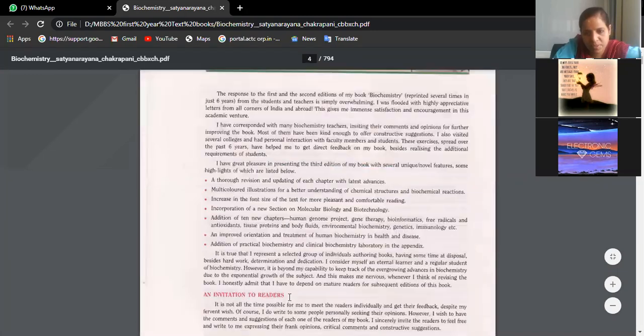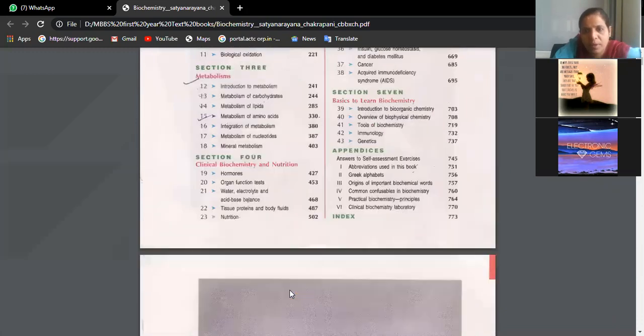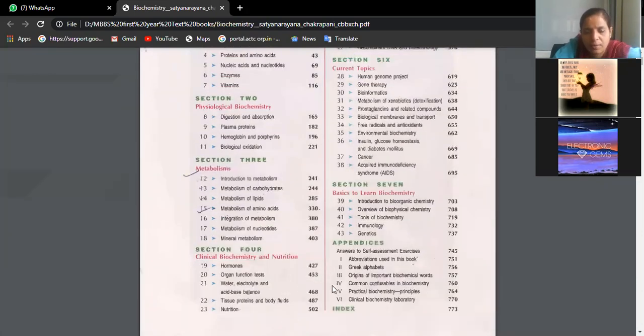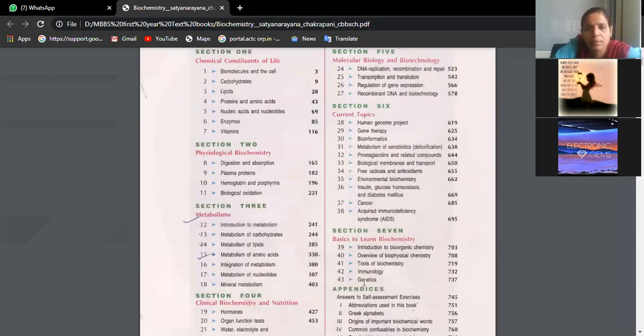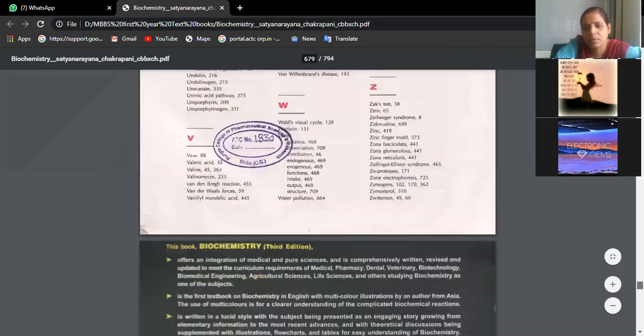Open your respective pages, Ahmad. I'll tell the page number. Ritika, try to open, you also can tell me the page number. Yes, ma'am. Yes, page 578, beta. Okay, ma'am.